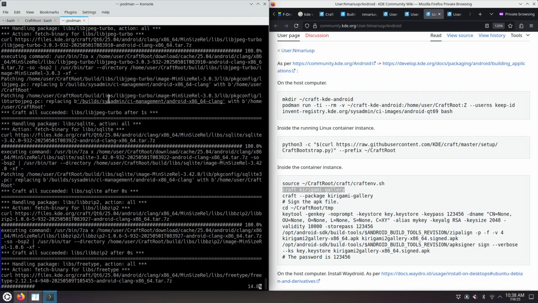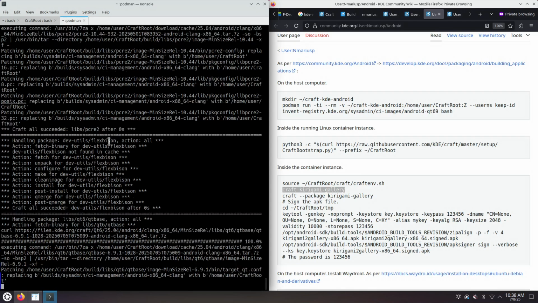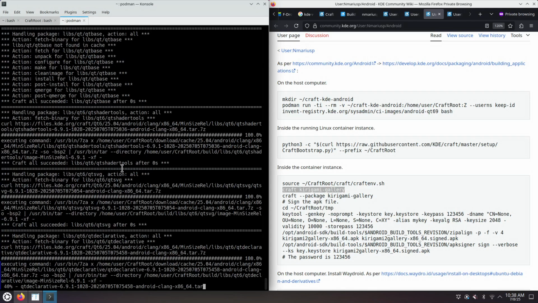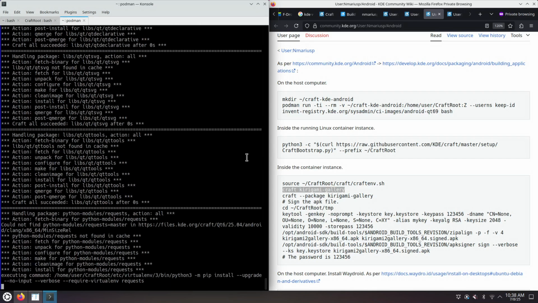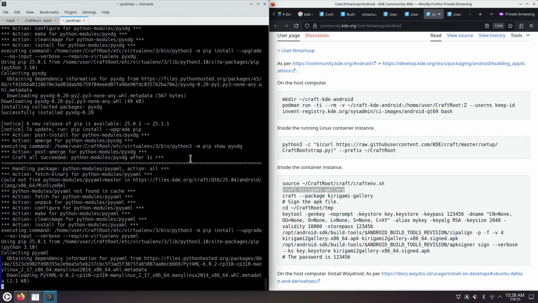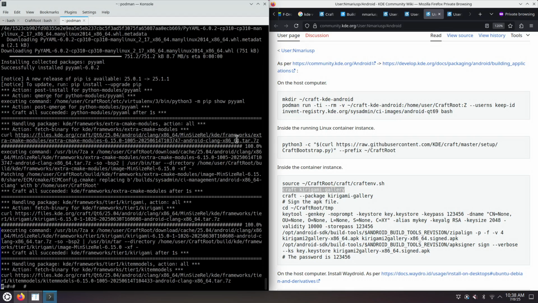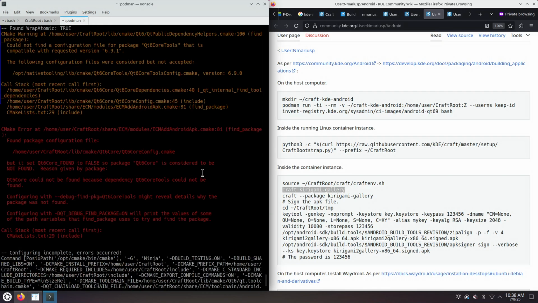This downloads a ton of libraries: image codec libraries, compression libraries, Qt modules, Qt SVG, Qt declarative, many Python 3 modules, PyYAML, many KDE frameworks,